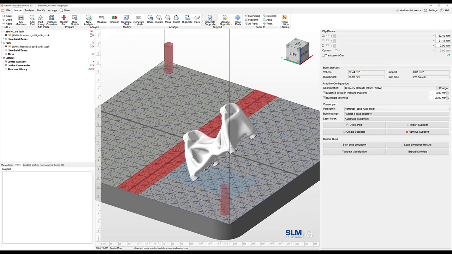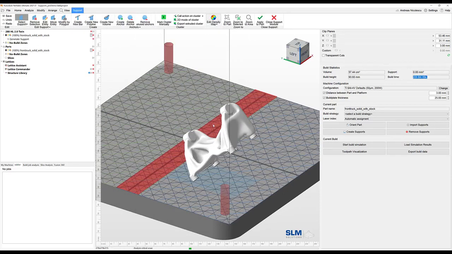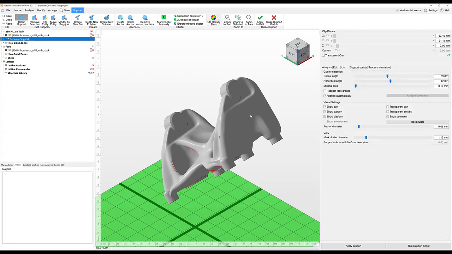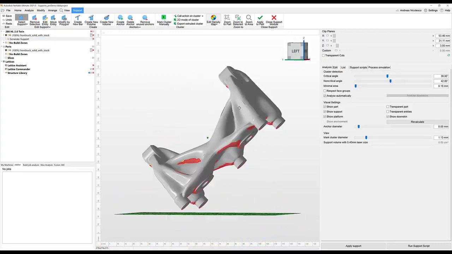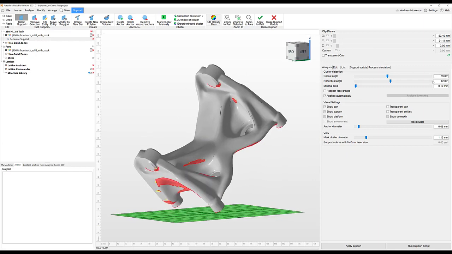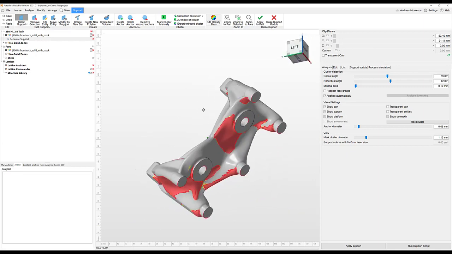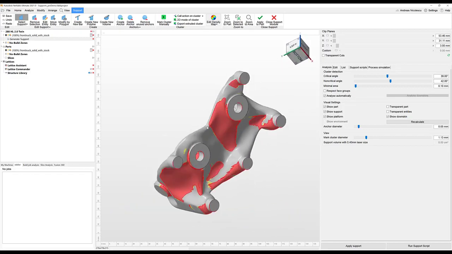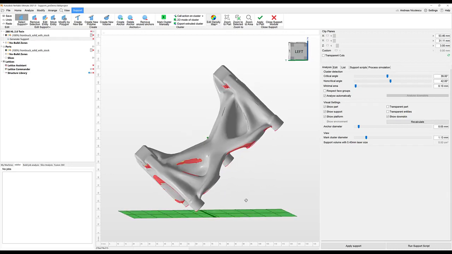Let's enter our support module via Generate Supports and see how to place and generate supports right where we need them. We are typically starting with the cluster detection. The cluster detection shows critical and uncritical areas that require support. The red colored areas that you see can now be selected to either apply support manually with the tools that you see here up front,